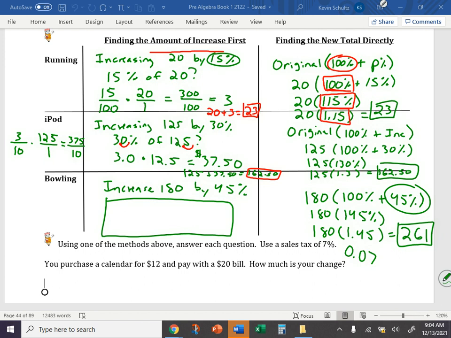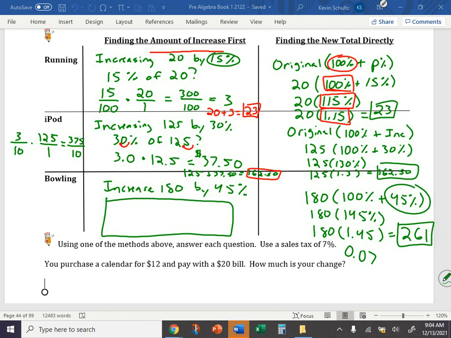So, anyone not get 261 and not quite sure why? If you got 81 as your answer, you found the increase, but not the new amount. Your final step then would be to add 81 to 180 to get to the 261. Okay. The homework is the objective, yes. Quentin? I don't understand